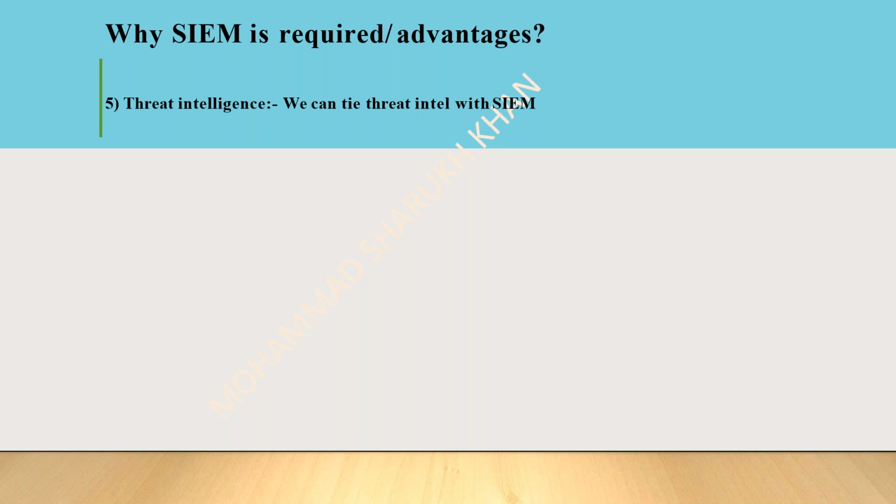Now, what these SIEM tools can do is integrate themselves with the threat database. They can capture the information about the threats in themselves. Let me give you a simple example so that you understand better. In threat intelligence, the main things are IP addresses or file hashes. I'm sorry if I'm going deep into security, but let's just take an example of an IP address. There was an attack called WannaCry.